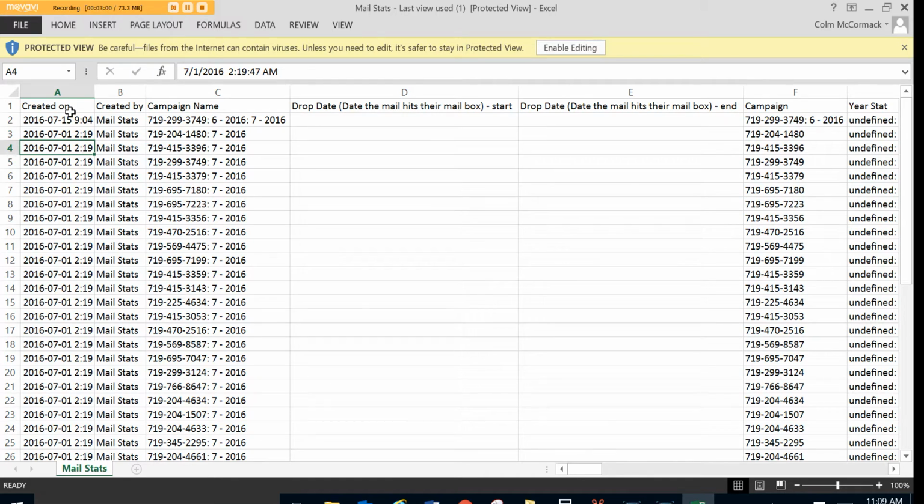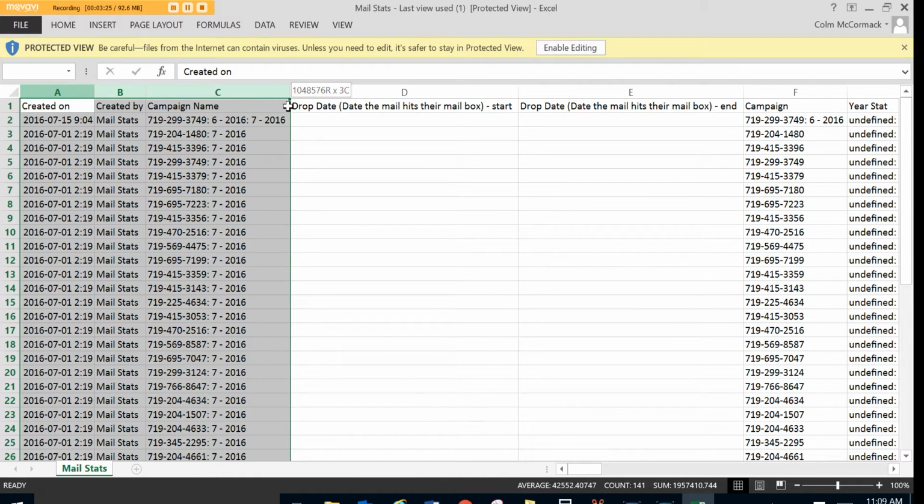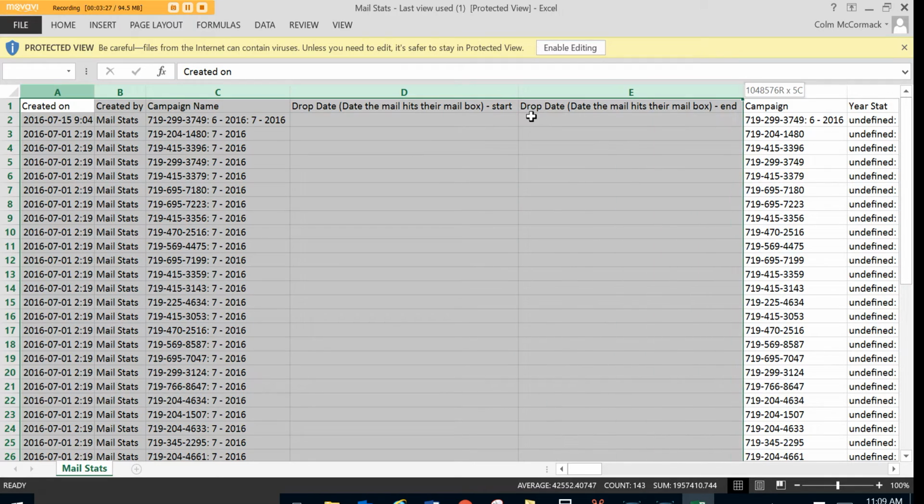All right, so this is the created on. These are all the month of July. That's correct. Campaign name, those are our codes, the drop date, and the campaign. Not all of this is needed, so we're going to delete the columns that we no longer need. So we don't need column A, B, C, D, or E. So we highlight those by holding them down and deleting, and